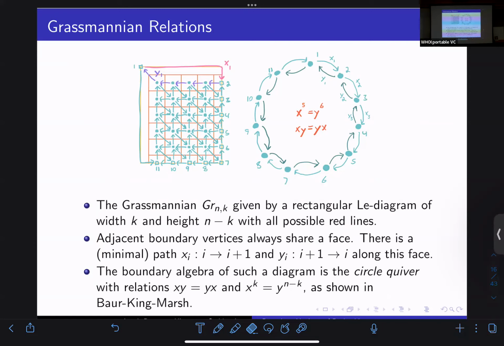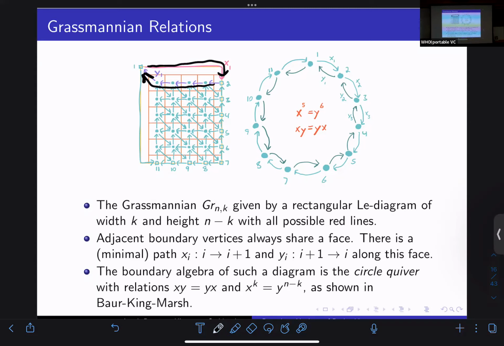So the Grassmannian case happens when we have a Le diagram which is square and it has all of the possible lines drawn in. Now, in this case, to understand this, we're going to define xi and yi to be the paths going clockwise and counterclockwise, respectively, between our boundary vertices,